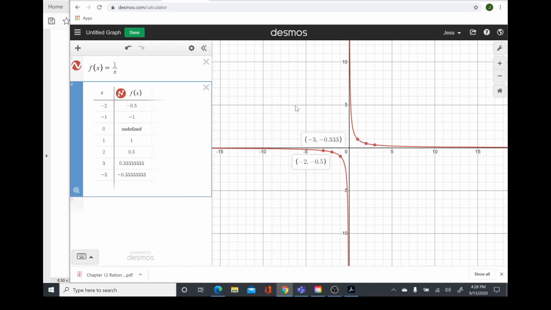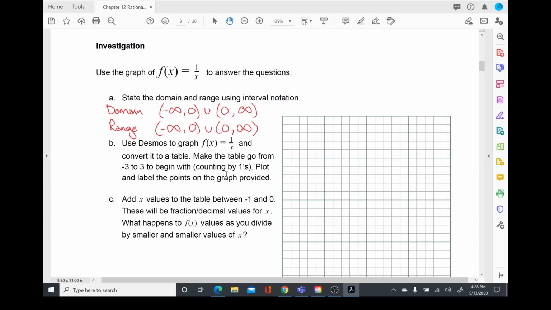Good so far. Let's change our window just so we're not going out to -15. There we go. Plot and label the points on the graph provided. Okay, so we'll need our x-axis and we'll need our y-axis. And those points were